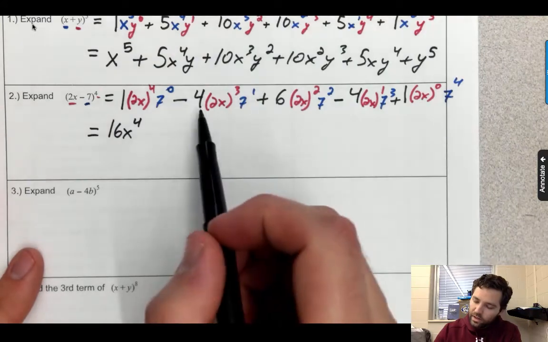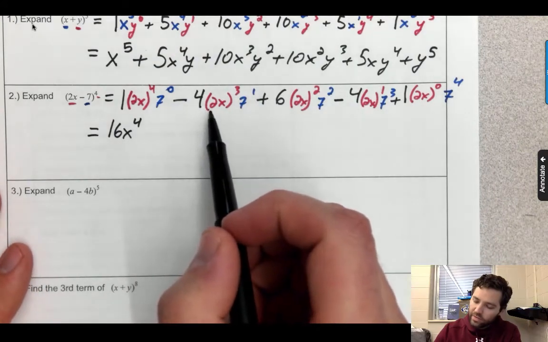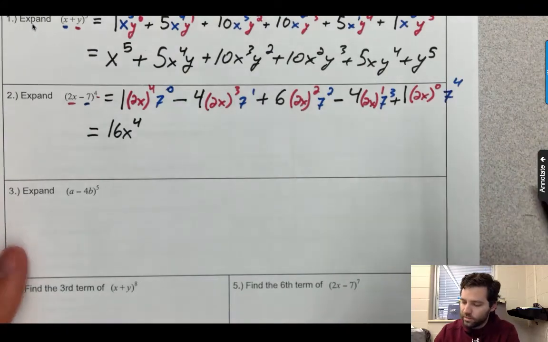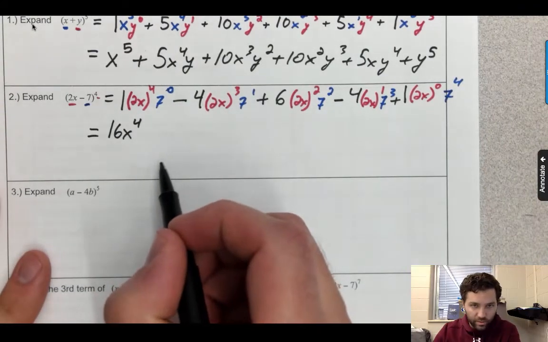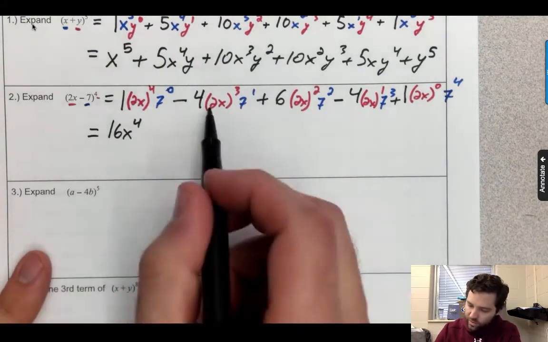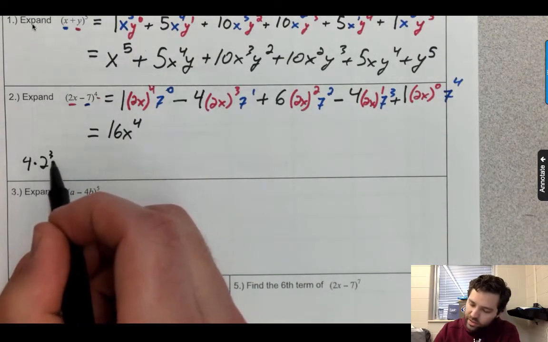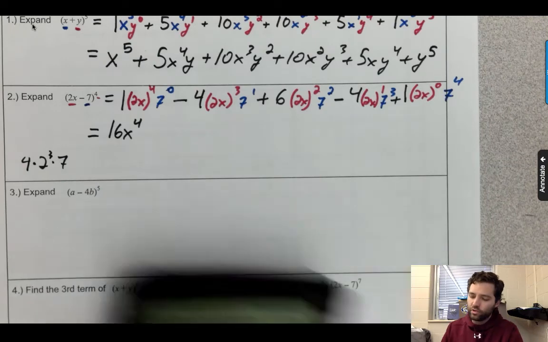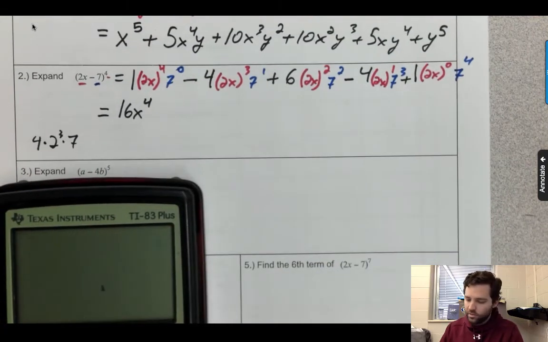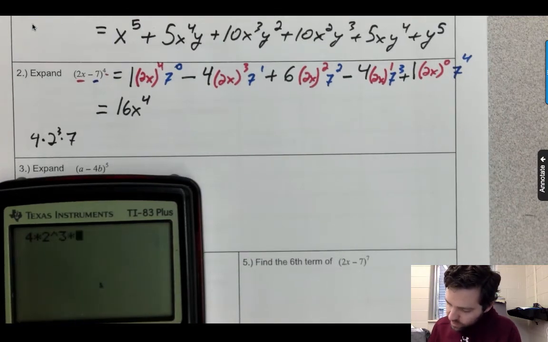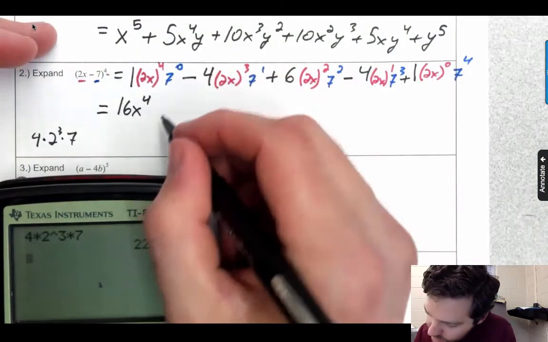Okay. Here, I'm going to have 4 times 2 to the 3rd times 7. So there's not a really good spot to write this down. On the whiteboard, I would just write it off to the side. So for this one, I'll write it out once. 4 times 2 to the 3rd times 7. So in your calculator, you just put all of that, okay? You can use Desmos if you want to. So it's 4 times 2 raised to the 3rd times 7. 224. So it's going to be minus